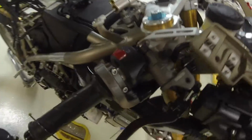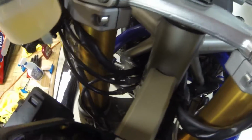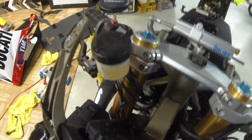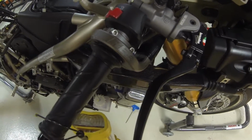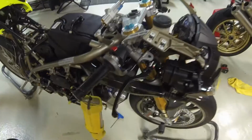Up top, you've got a really nice aluminum throttle housing, and they've also improved the adjusters. You've got a couple of adjusters right here on the cables. I found that with them all the way in as they shipped, I didn't have to make any adjustments at all. I still had the throttle free play at idle, just like stock, and everything works pretty well. Just like the revolver kit, it's pretty easy to disassemble. You just take the screws out. If you want to change a cam out, slide the throttle tube off and stick another cam in, snap it back on, put the cables up in the appropriate holes, and you're set to go. So overall, just a few hours spent in the afternoon to get it